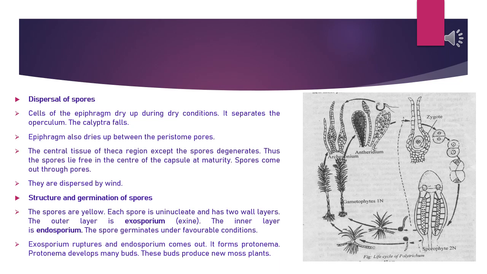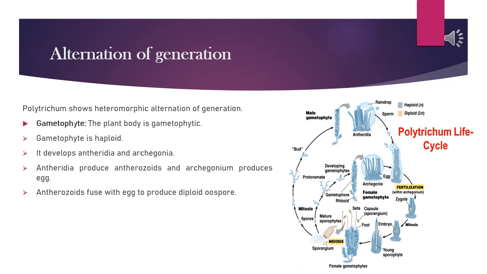and result in the production of a vegetative part, which is nothing but the protonema. As I already explained in vegetative reproduction, the protonema always germinates from the spores, and those spores are liberated from the sporophyte. So you can see the interlink between the gametophyte and the sporophyte. Hence this is called the alternation of generation. Next we will study what this alternation of generation is.